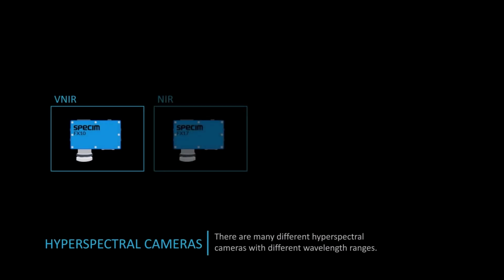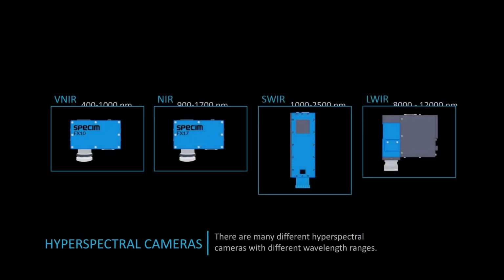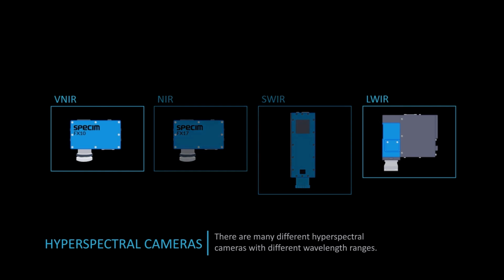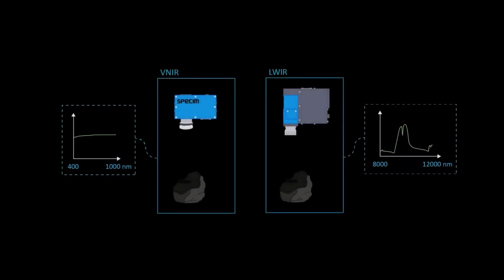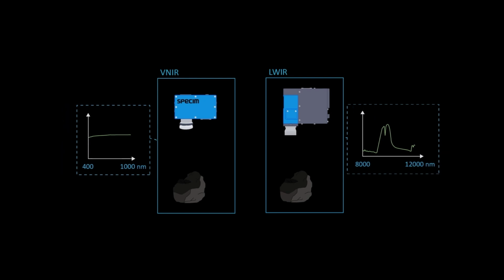The spectra you get from your target depends on the camera you use. There are many different hyperspectral cameras with different wavelength ranges. If the same target is recorded with two hyperspectral cameras that have different wavelength ranges, the acquired spectra show different spectral features. Different materials and compounds have spectral features in different wavelengths, and one hyperspectral camera won't bring a solution